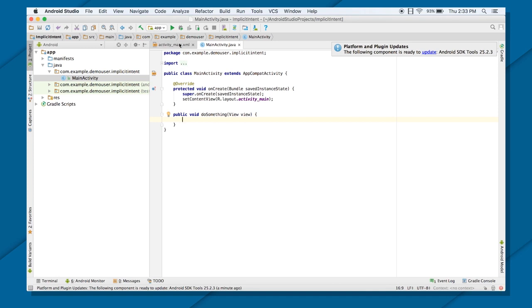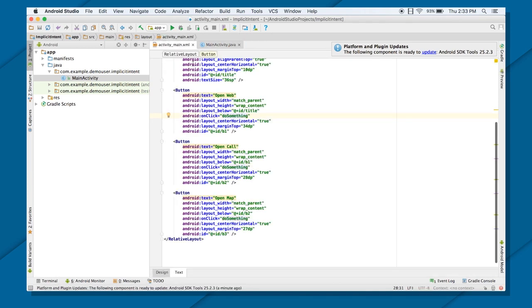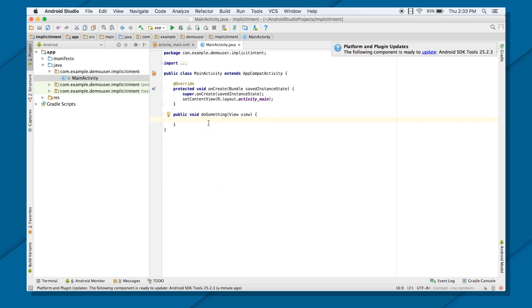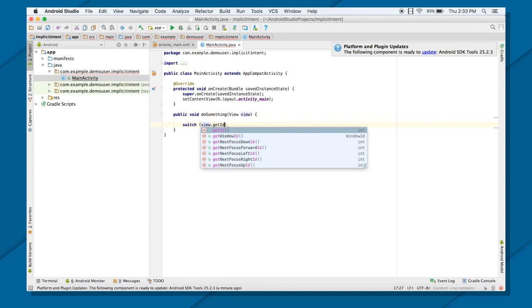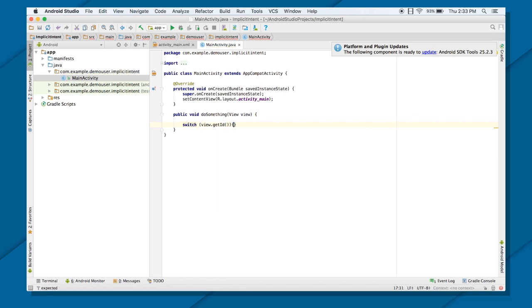Now, for all these 3 buttons, whenever I click, it will come to the same method. So I need to distinguish between all those clicks. How do I do that? For that, I need to create a switch. Or you could have used an if-else condition too, on view.getId. At any one point of time, you will be clicking only one button. So I can use switch and start making my cases like